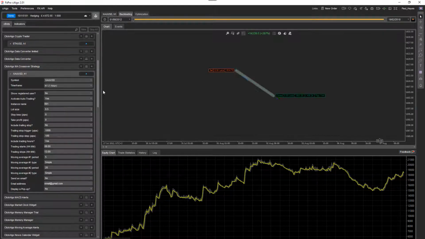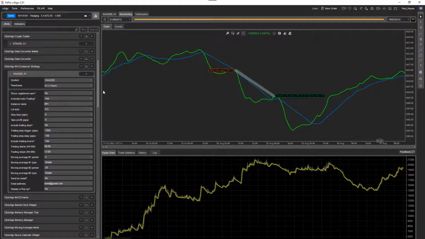One thing I wanted to say about the MA crossover was we didn't optimize these parameters. They haven't been optimized. They just come out of the box. Everything we're doing today is just for demonstration purposes. This robot does come with these parameters, but it's not like you will make money out of this. It's just to show you as an example. You have to find your own parameters to run on this robot. And there's a separate video that explains this strategy in more detail. But this video is just to show you the